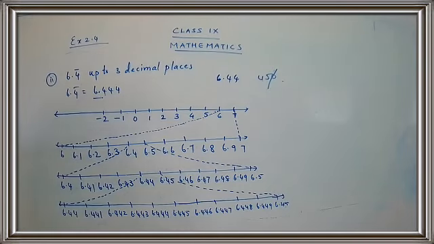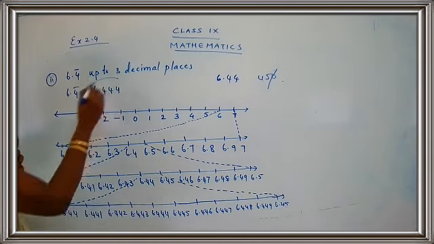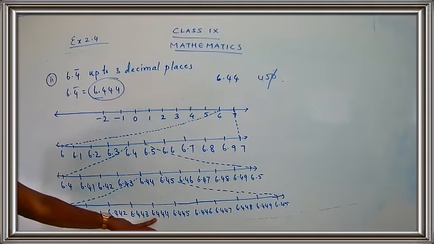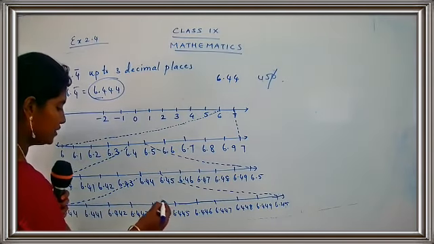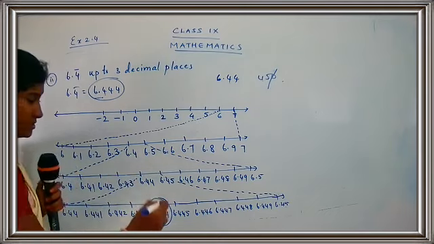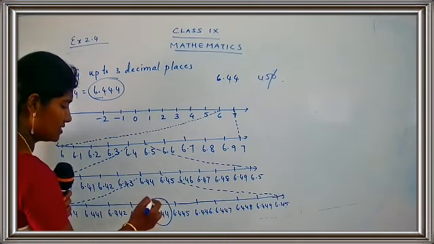Okay. Now let us find out the answer. What do you have to find out? You have to find out 6.444. Where is this number, children? Find out this number. 6.44, 6.441, 6.442, 6.443. Yes, here is the number. Highlight your answer. This is the answer. Just don't go on shading, children. Just draw one line. Okay? This is the required answer.